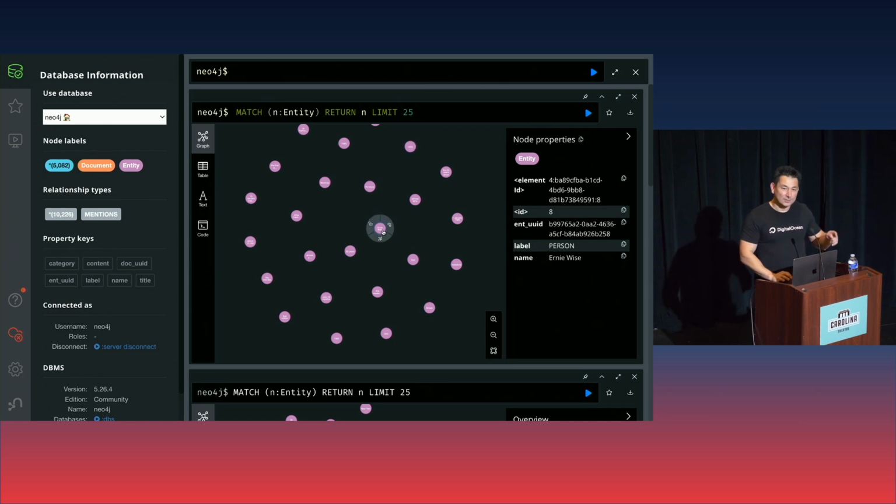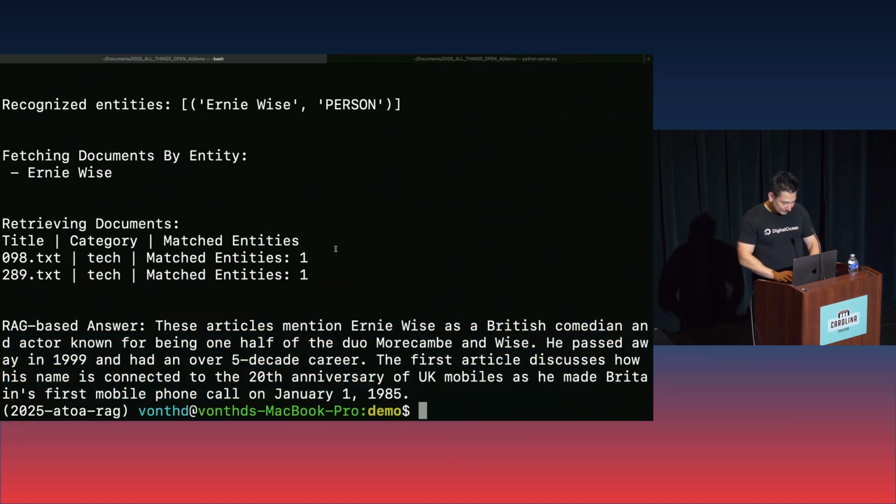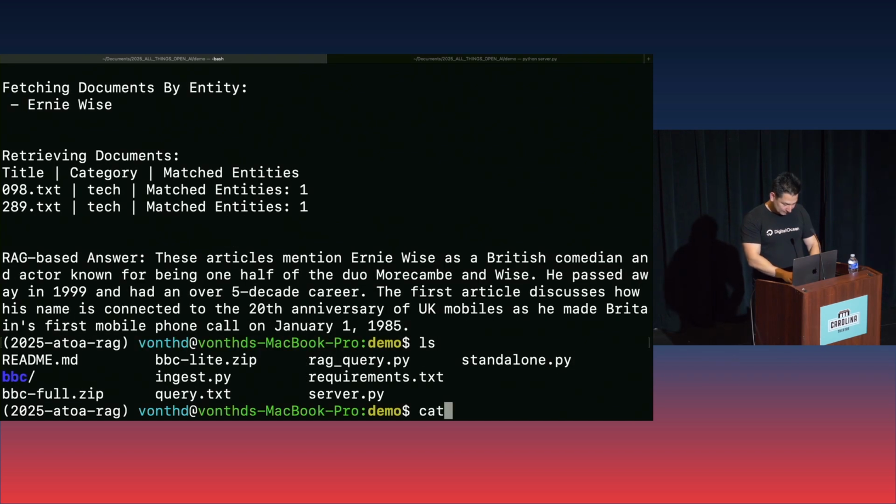But in our particular query that I demoed earlier, this is the node that we're interested in, right? Because I asked, who is this Ernie Weiss dude? And using named entity recognition, we were able to pull out that person's name and use that name to query for relationships. And so what that ends up looking like in code here,